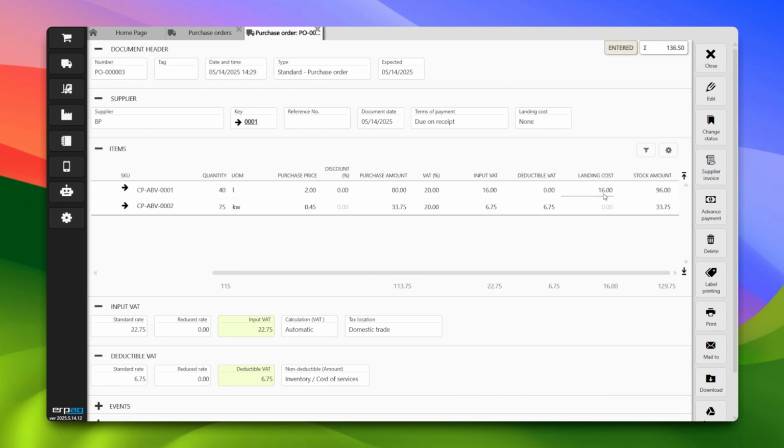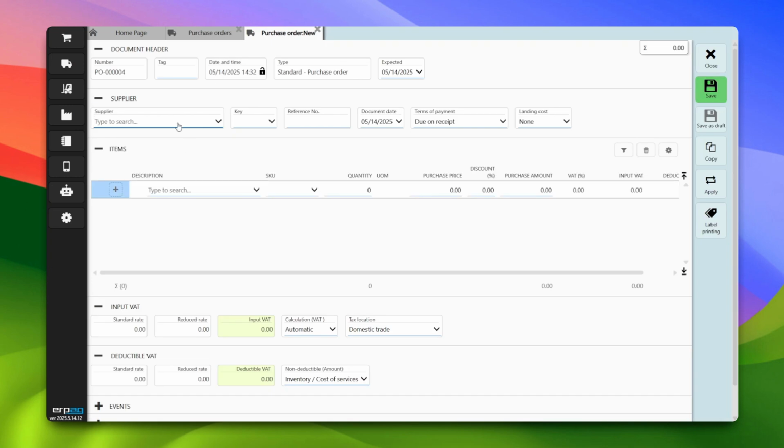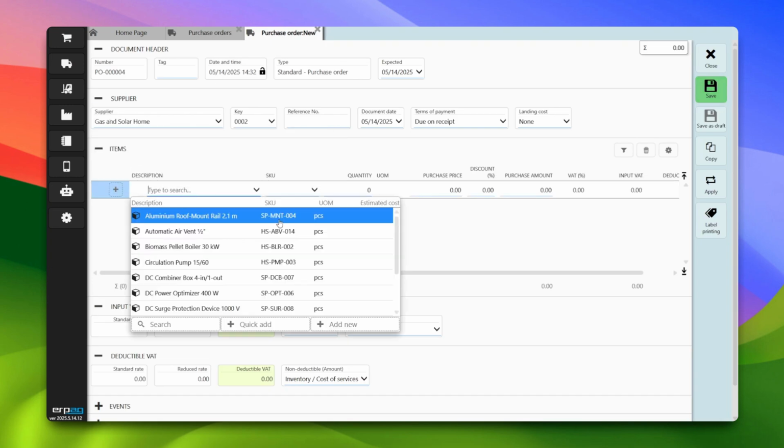Now, when I save the document, we'll see that the landing cost value has increased, indicating it's been allocated to our stock amount, in this case to unleaded petrol. That's the basic setup. If we have other items, like gas, solar home products, for example, we'll set that to